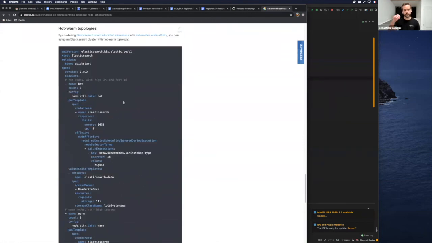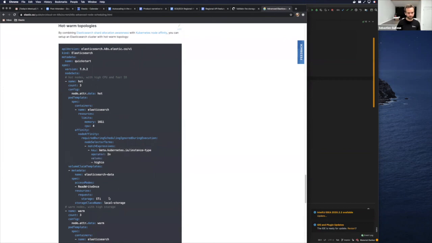So the way you would likely achieve that is by setting a custom attribute in the configuration of Elasticsearch. You're specifying that this group of nodes is the group of hot nodes. And then you'd say that you want this type of hot nodes to run on Kubernetes instance types with high I/O, very fast storage system. So that's right. For example, in this example, we have 1 terabyte of local SSD attached to